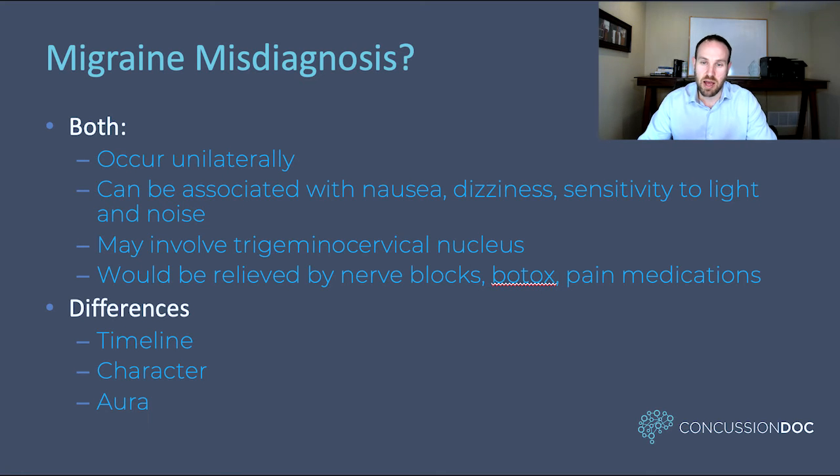The differences are the timeline, right? Cervicogenic headache can last for weeks. So if somebody has this ongoing headache that's been lasting for a week and it's not going away, it's not likely to be migraine. It's more likely to be cervicogenic or tension type headache. As for the character of the headache, migraine is pulsatile, while cervicogenic is a dull, aching, constant, searing, sometimes sharp, even pain. Migraine can also have aura, though it doesn't always. If you have some sort of aura, something that happens prior to the migraine that tells you you're about to get a migraine, that is specific to migraine only. You will not find it in cervicogenic.